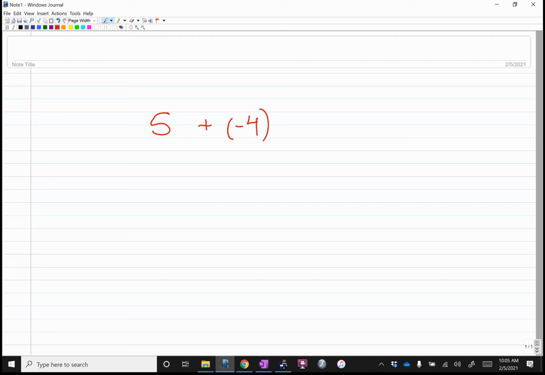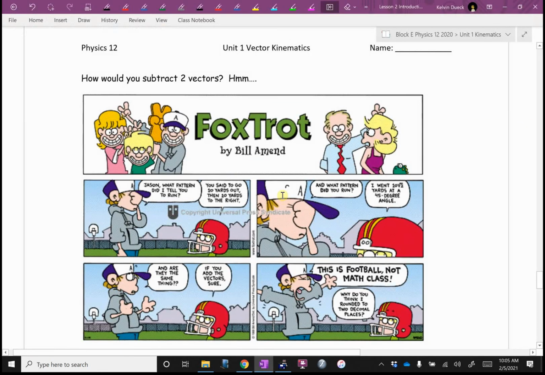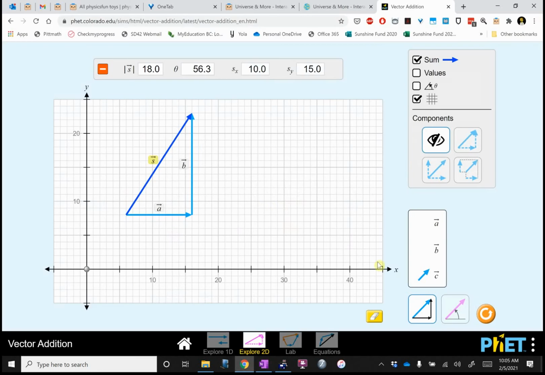There is a rule for subtracting vectors. It's complicated. You draw them tail to tail, and then the resultant goes from the tip of the longest vector to the tip of the other. I used to do it that way, how I was taught in university. And then I said, why would I memorize a completely new rule when I can turn it into something I already know? In the same way, there is a rule for adding 3 vectors together, and you can actually do it in this app. If I bring out a third vector,